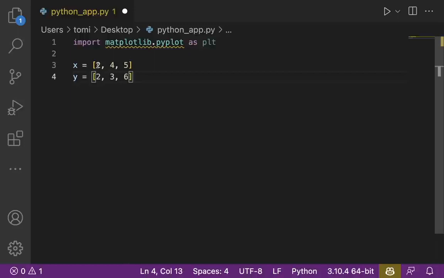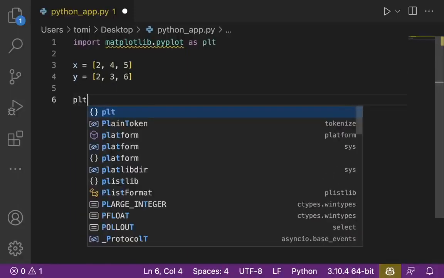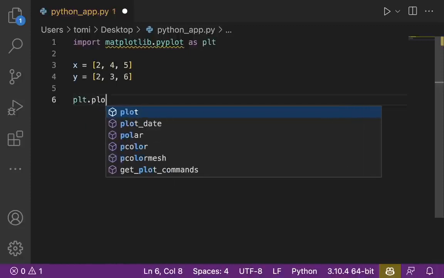So what this is, these are coordinates. So this is the first coordinate, 2 by 2, 4 by 3, and 5 by 6. So these are coordinates that correspond to each other. So on the graph, there will be a point where 2 corresponds to 2, 4 corresponds to 3, and 5 corresponds to 6. I'm going to show you that. And so let's plot the point. To plot the point, we're going to say plt dot plot